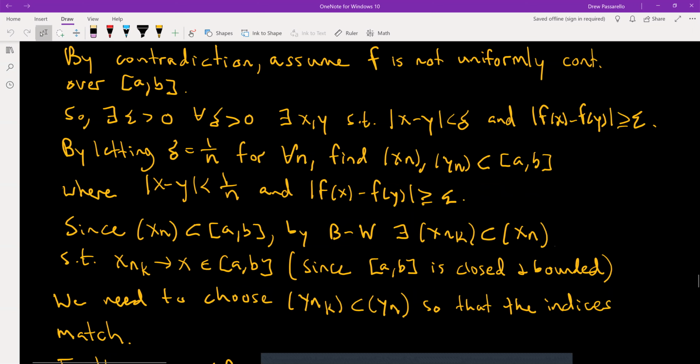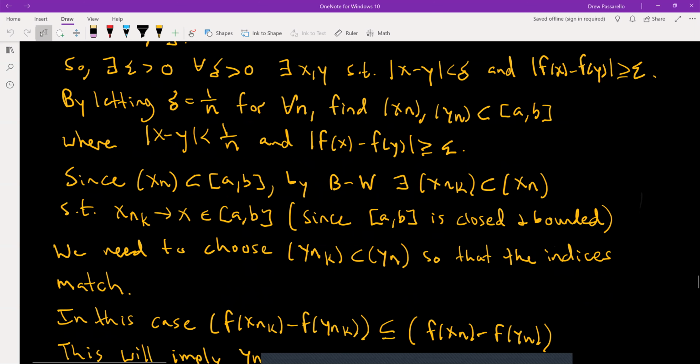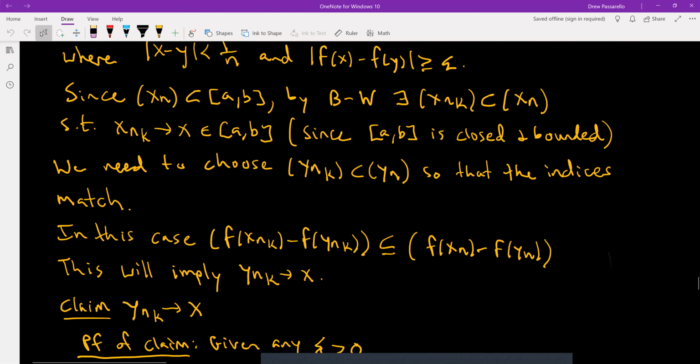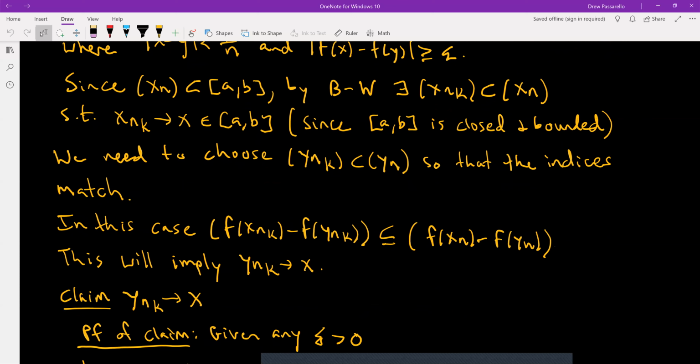So we need to choose a subsequence y_{n_k} of the sequence y_n so that the indices match. And in this case, we have f of x_{n_k} minus f of y_{n_k}, which is a subsequence of the sequence f of x_n minus f of y_n, which would then imply that y_{n_k} converges to x also. All right, so the claim is that y_{n_k} converges to x. So the proof of this claim,